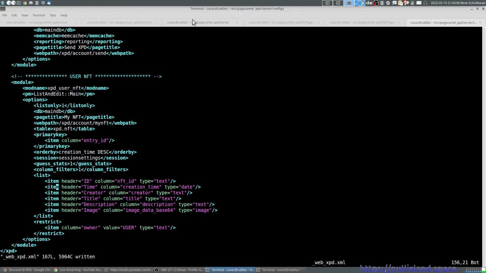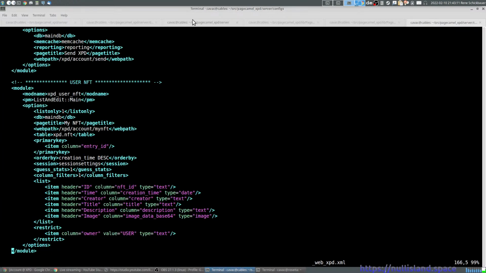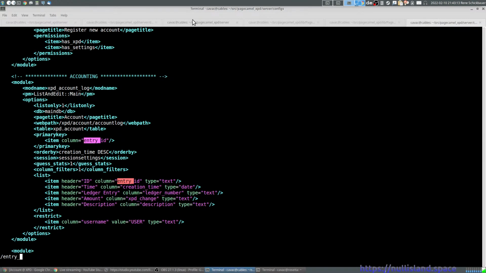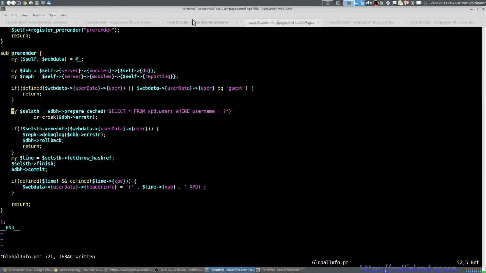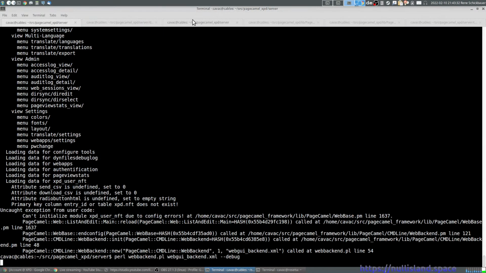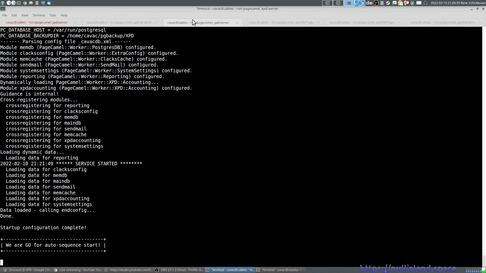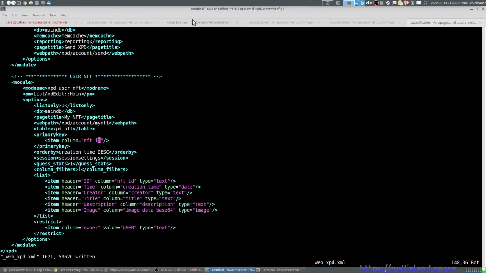Did I just mess this up? Entry ID, yes. No, that should be NFT ID. I can make quite complex dynamic tables by just copying a bit of XML, like you see here, and that's